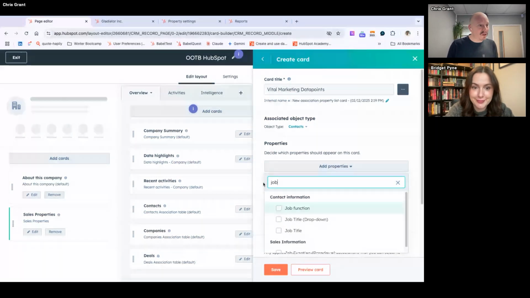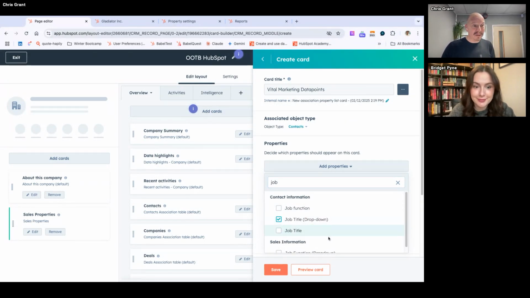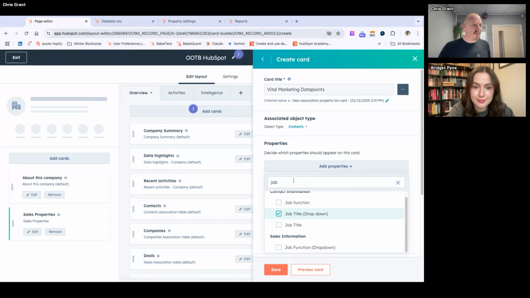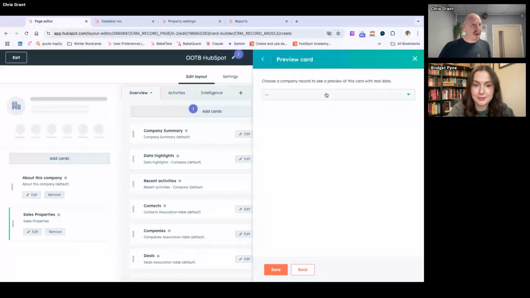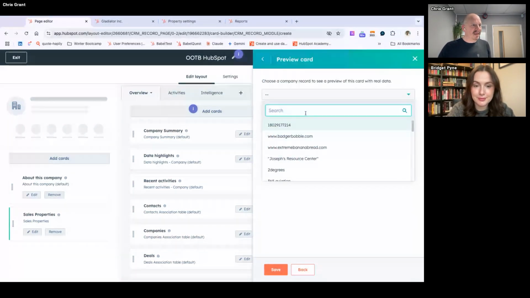We might want to know their job title. I like a drop down for job title. We can make it broad, but it's nice to have a drop down. It's better for reporting. And we've got job function, and we can preview our card. So let's use one that we know we've got.